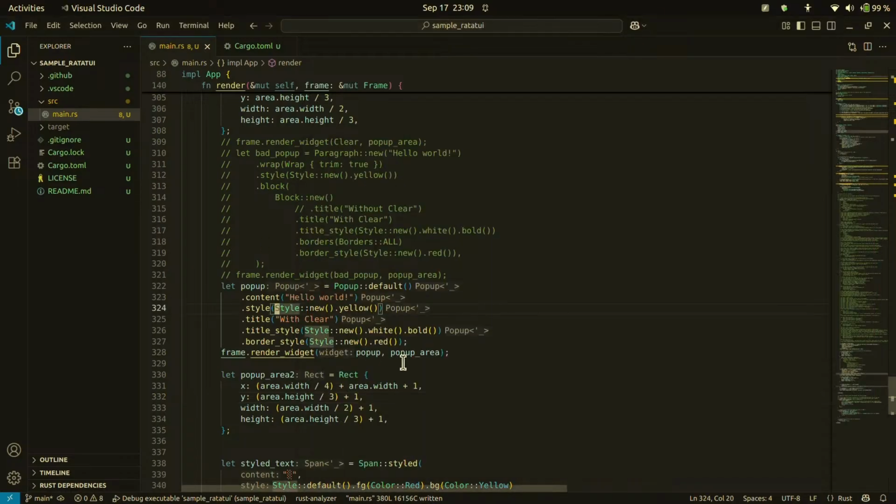Index is 138. So if width and height of the rectangle is this,